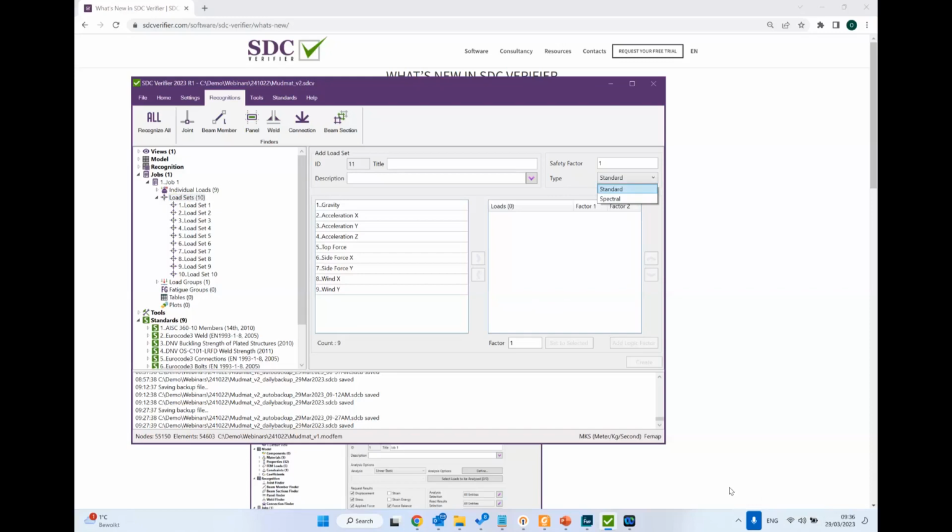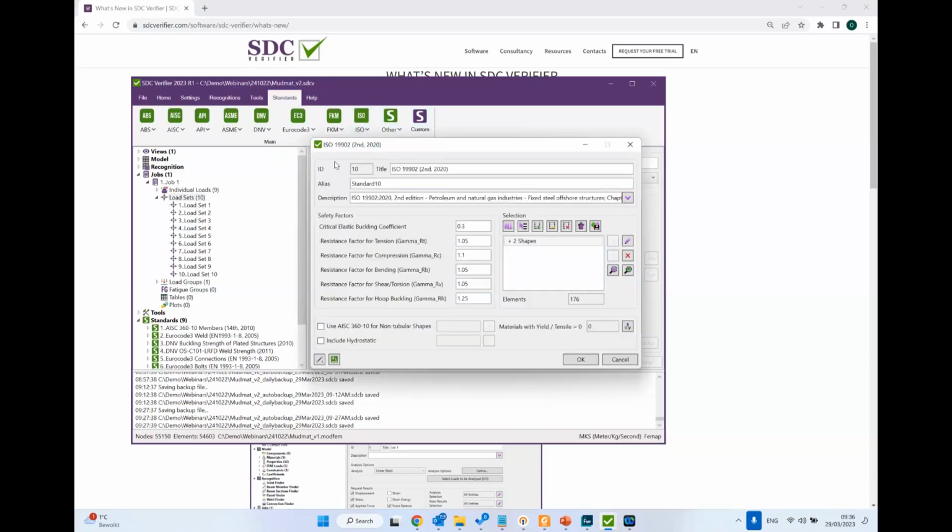And now let's go to the new standard. So if we are in the standards and we go to ISO, we have ISO 19902, which is a beam check for fixed offshore structures. Basically, parameters are all the same. The factors are included in here. It is only for tubular members. This is how the standard defines it. So there is a cross-reference with AISC, and we keep this. If you want to use AISC for non-tubular shapes, it is possible to